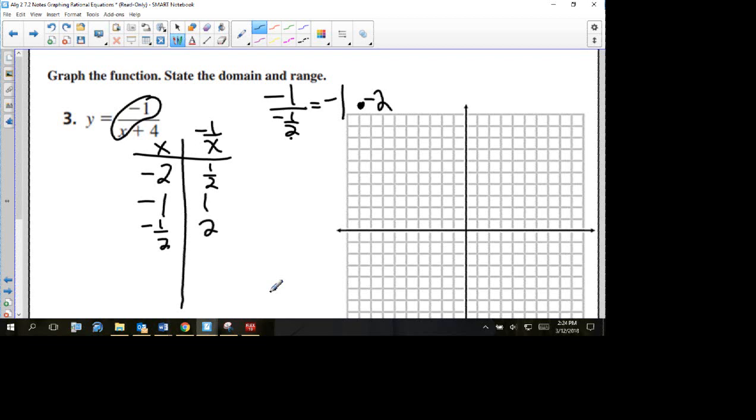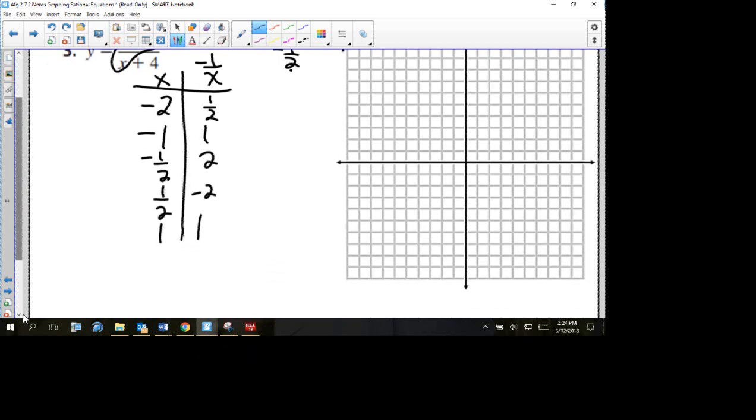So I can get more points that way by putting in a half. I'll get out negative 2. By putting in positive 1, I'll get out 1. And putting in positive 2, I'll get out negative half. And remember, the asymptotes are going to start at x equals 0 and y equals 0 before we have any